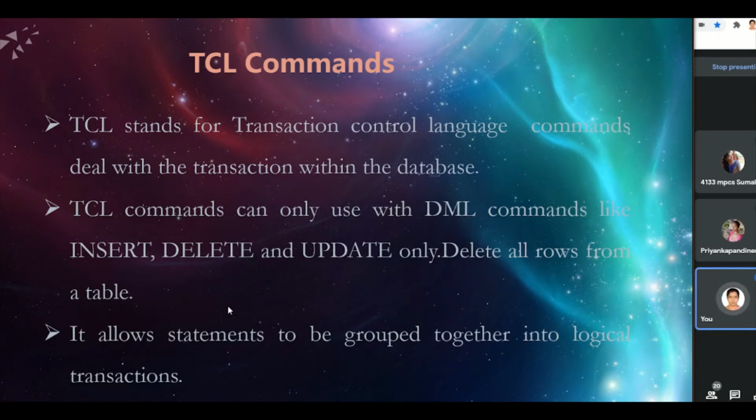Delete can be used to delete all rows from a table. And these TCL commands allow statements to be grouped together into logical transactions. TCL commands can be used to